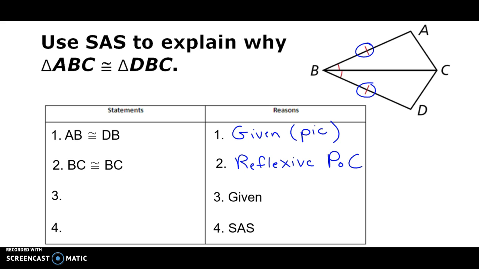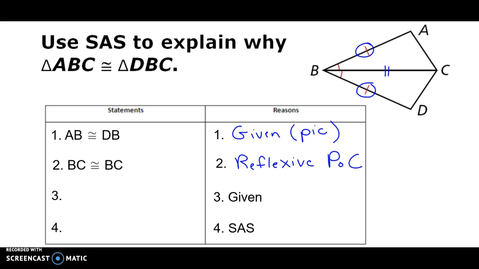Now, why is that important in this scenario, that BC is the same size as itself? Exactly. It's that one segment is the bottom of the top triangle and the top of the bottom triangle. Does that make sense? So by saying it's congruent to itself, you're kind of killing 2 birds with 1 stone, and that's the same side in both triangles. So now,